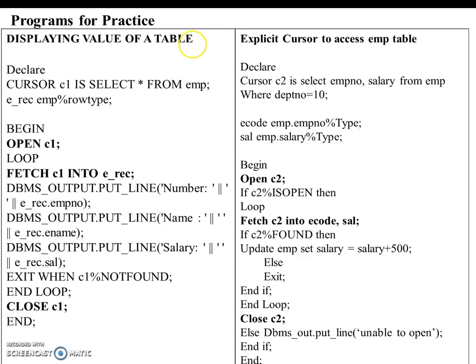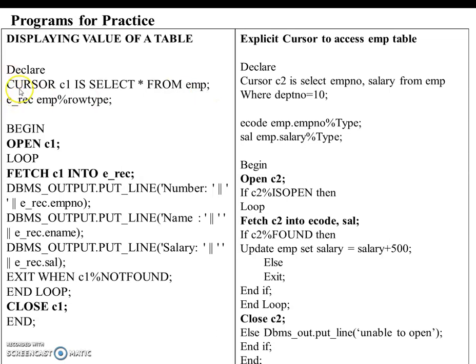So let's have one example for explicit cursor. We are displaying values of a table using an explicit cursor. In the declaration section, you need to declare a cursor. This is the cursor name C1, and then this is your select statement, SELECT * FROM EMP.